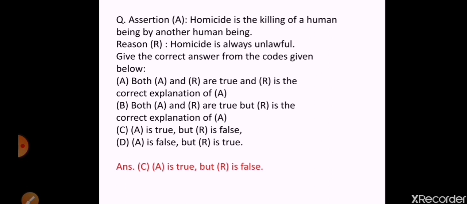So this question has been asked in the UPPCSJ in 2013 also, and also in 2006. So this is an important question, and you must see how assertion and reason questions are asked. The next question is,